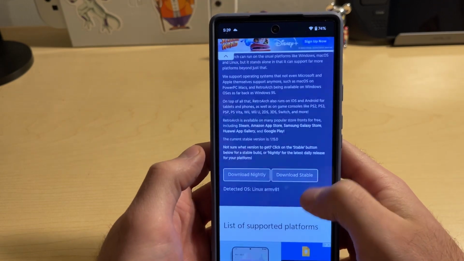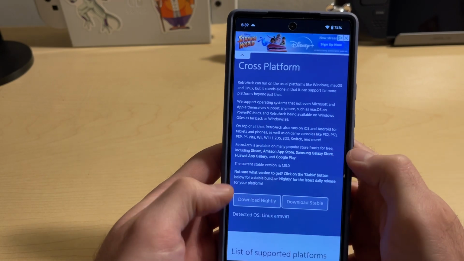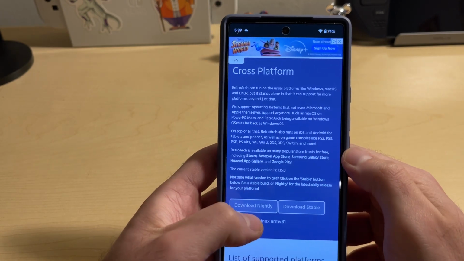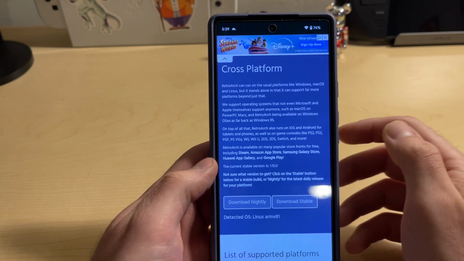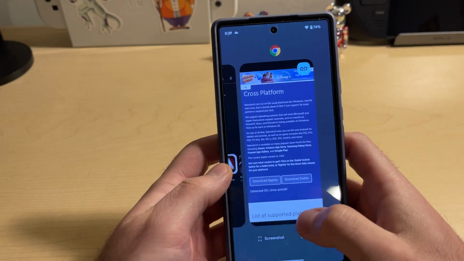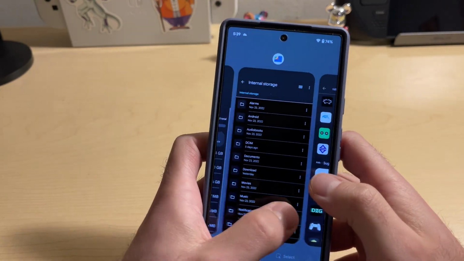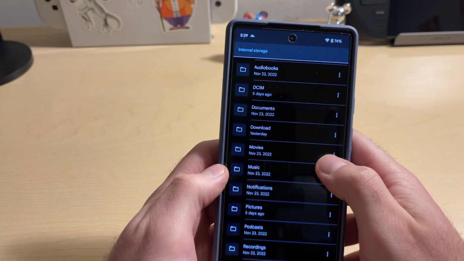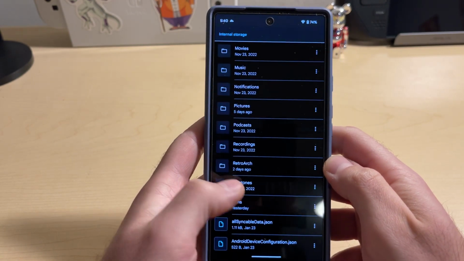I'll go more into it, and then it'll also tell you, based on the device you're on, the recommendation for the download. So it says detected OS, Linux. This is just an Android phone, so you're gonna go ahead and download the stable or nightly. Nightly is not the final version, but it is updated. It's almost like a development version. I just downloaded stable, and once you do that, your phone will probably tell you, hey, this is a weird link, should we trust it? And you say, yeah, you can trust it. From there, it's gonna go to your downloads folder, and you can go ahead and run it from there, and then it'll go ahead and make its own file right here, RetroArch, okay? So once you do that,